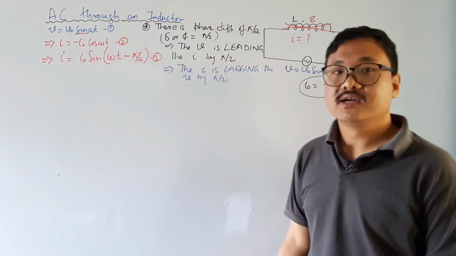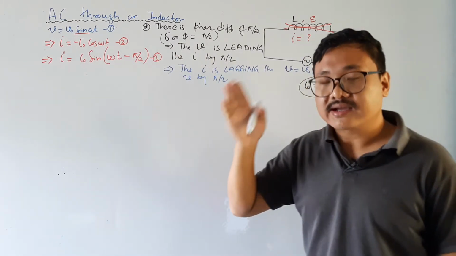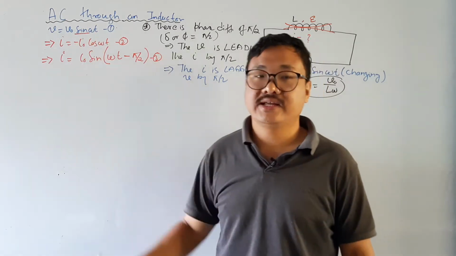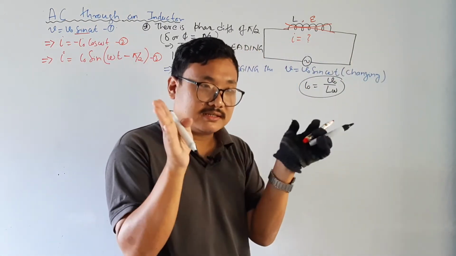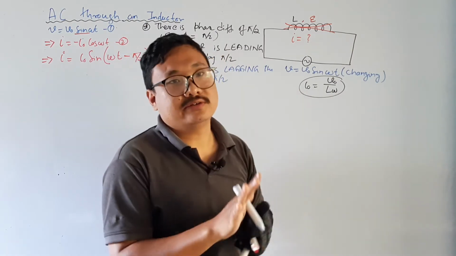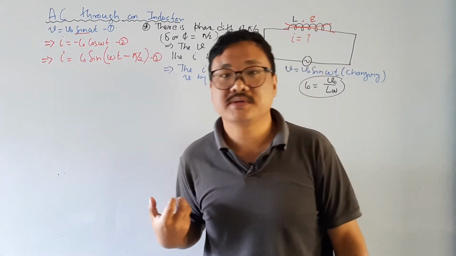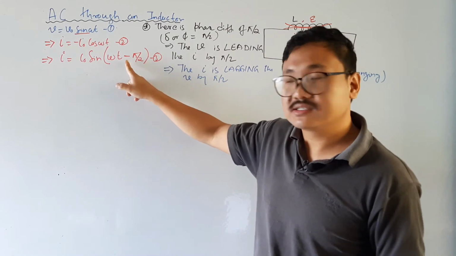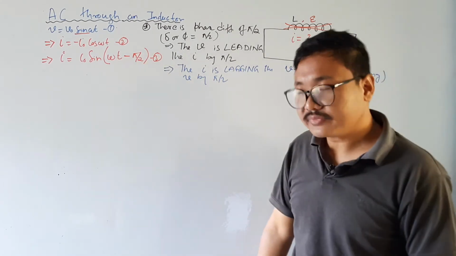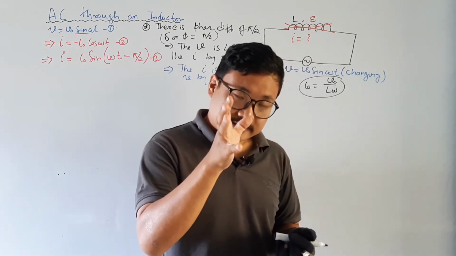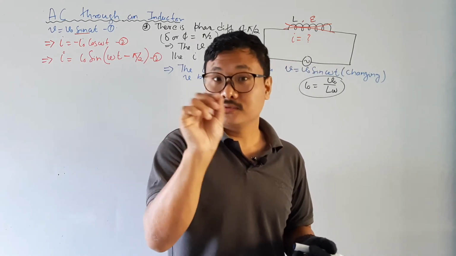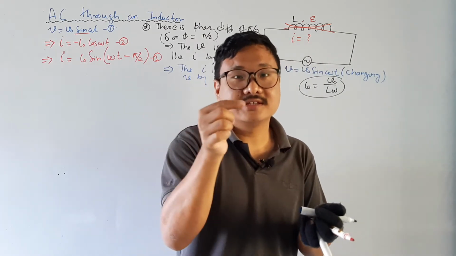Both are same. It means that there is a competition between current and the voltage when it passes through an inductor. What is the difference? Phase difference is pi by 2. कौन आगे जा रहा है, वोल्टेज. कौन पीछे जा रहा है, करंट. Obviously current, because it is minus. Okay, it is done. Now it's very simple. But in resistor, there was no competition. They were moving with the same.